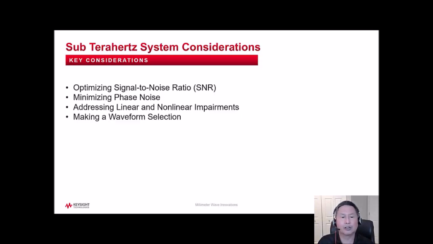Regarding the N in SNR, the noise contributions for SNR can be problematic for wideband applications because the noise power is integrated over such wide signal bandwidths. So for example, a 6G 10 gigahertz bandwidth signal would have 1,000 times more integrated noise than a 10 megahertz LTE signal. Regarding the R in SNR, the signal noise ratio, or SNR, is effectively squeezed both on the high end and the low end. This is a key consideration in moving to extreme bandwidth test systems, and the SNR can often translate into effectively what type of residual EVM is achievable.